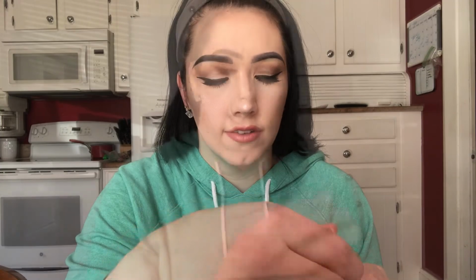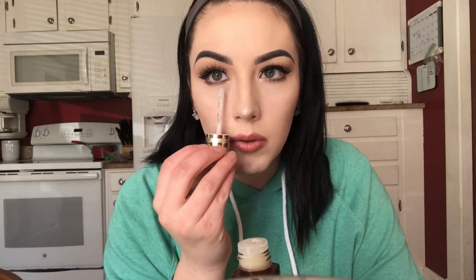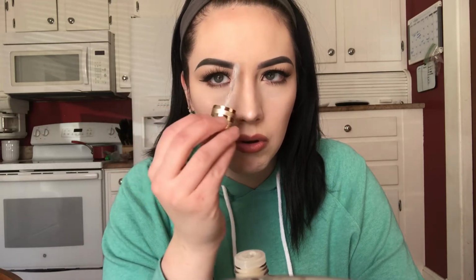And that's the Advanced Night Repair Eye Concentrate Matrix. This has a really nice applicator that is also intended to give your eye a massage during use. So what you would do with this is take the applicator out, and it will have the product on it already. So you are just going to swipe 1, 2, 3, and then you're going to go 1 above the eyebrow and back down, 2,